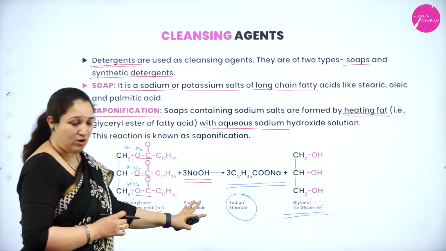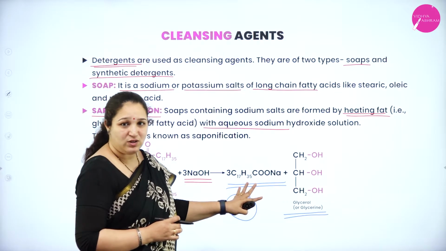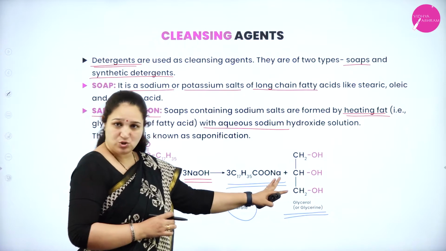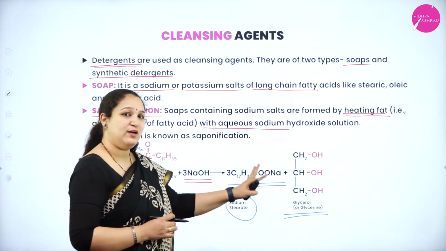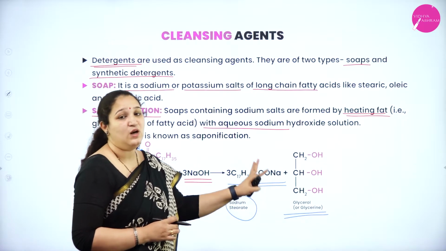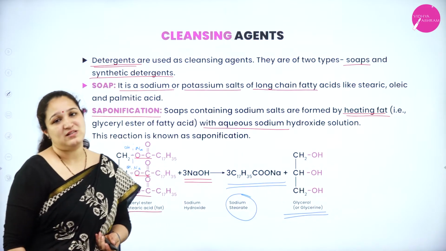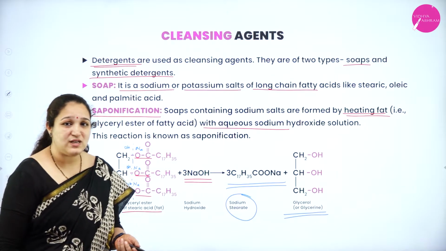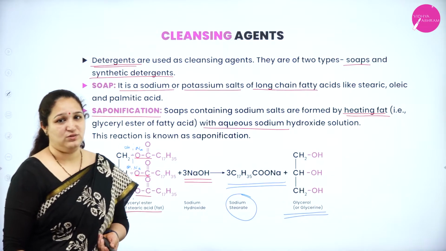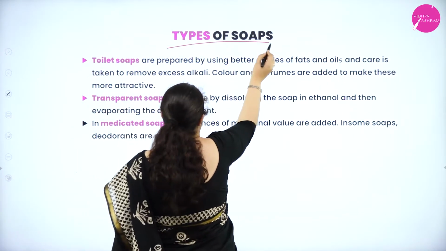it with sodium hydroxide, you will get sodium or potassium salt. Here sodium hydroxide if you take, it is sodium salt of fatty acid. If you take potassium hydroxide, you will get potassium salt of the fatty acid which is called as soap. Okay, and you will also get glycerol or glycerin as the other product, and this process is called as what? Saponification.